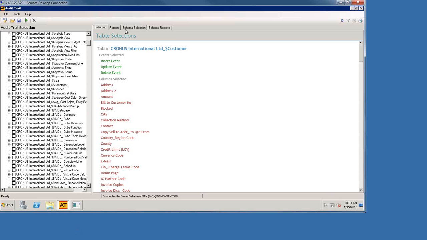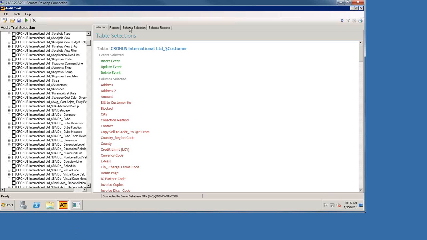Okay, perfect. Oh, and one other thing that I do want to point out. So we see that we have some tabs here. There's selection. The reports you can ignore. These are now found in our GRC Studio. These are just reports that were available prior to us having the GRC Studio, and we didn't remove the tab.